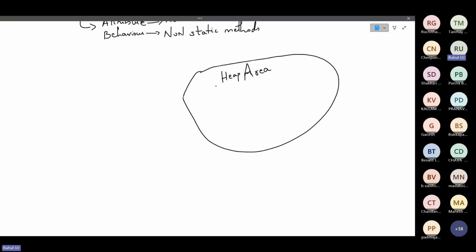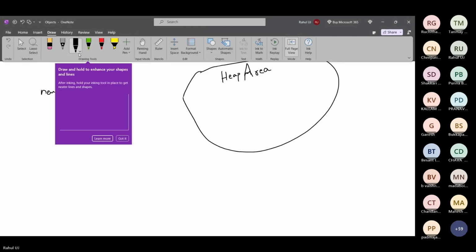Heap area. Whenever we write a instruction like new, sorry, my handwriting today is getting very bad. I don't know why.